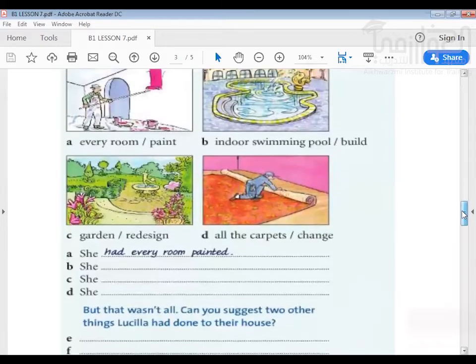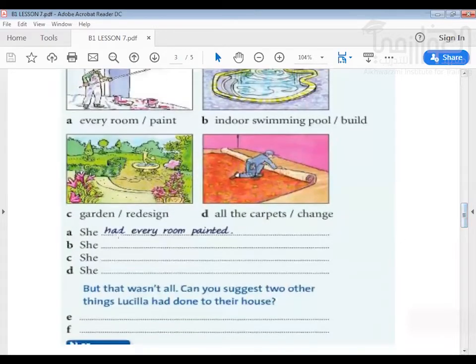You can see the first example, had, and the same verb 3. After had, we have the noun, and then the same verb 3. Okay, good. So she had every room painted. So let's look at B. Indoor swimming pool and built. The most important thing is to know the verb 3. Then you add. So here she had,